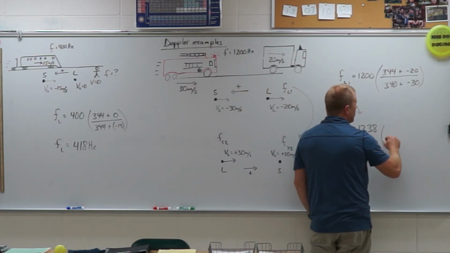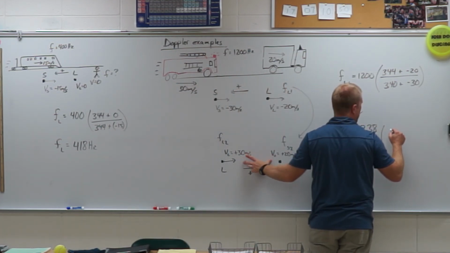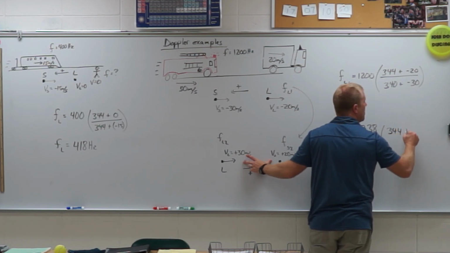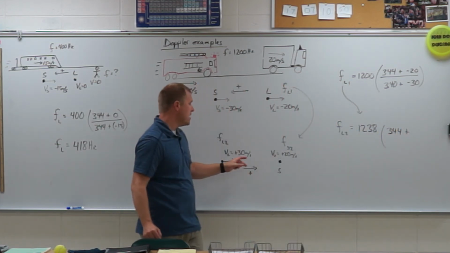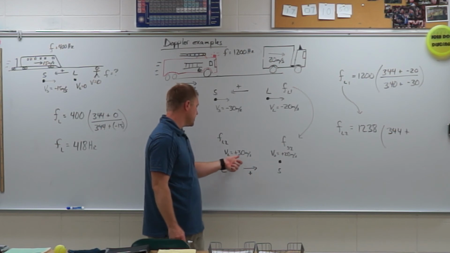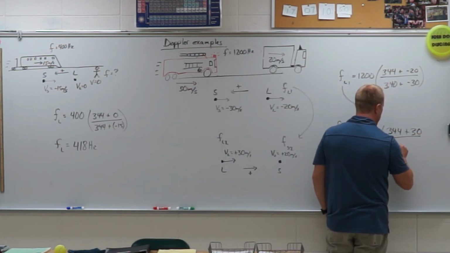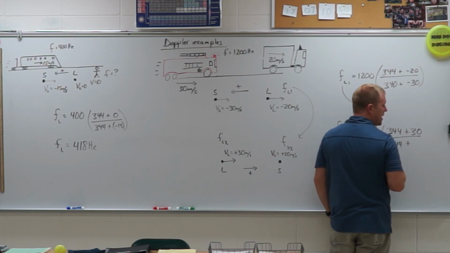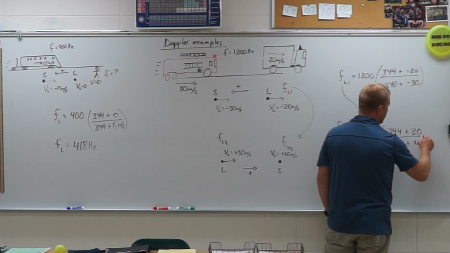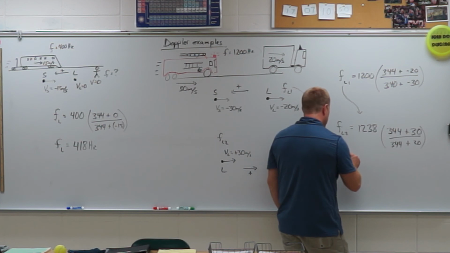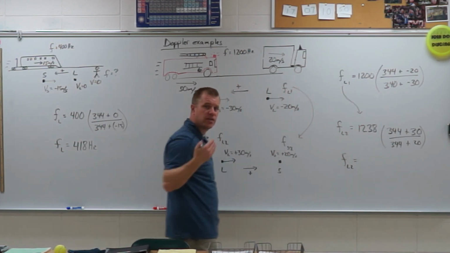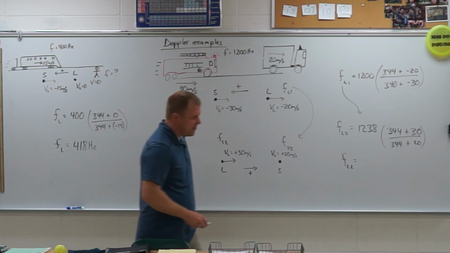Then I need to multiply it by my information from down here. So 344 plus the velocity of the listener, which is 30, divided by 344 plus the velocity of my source, which was 20. I put that all together and I find that the fire truck observes an echo that has a frequency of